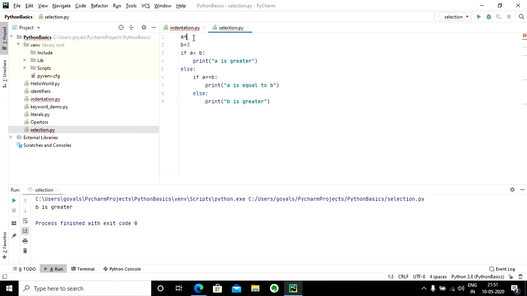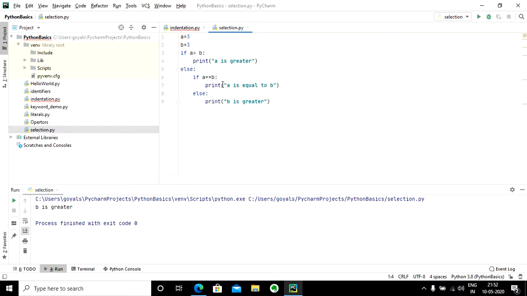Now let's change the value of a to 3, and let's run it manually. Is 3 greater than 3? No, the condition is false, so it will move to the else part, where it checks if a is equal to b.